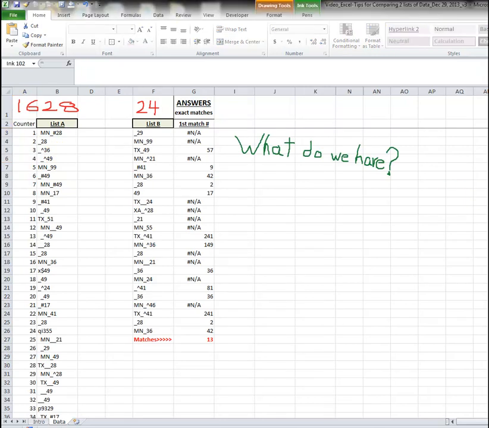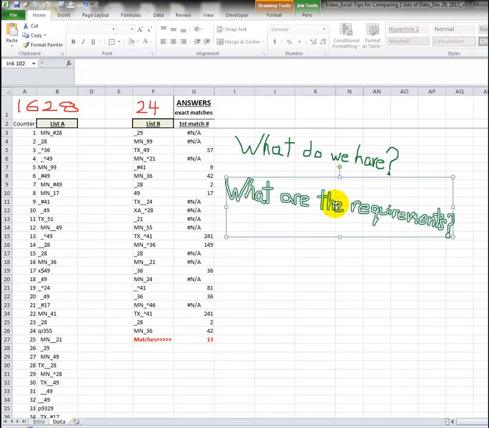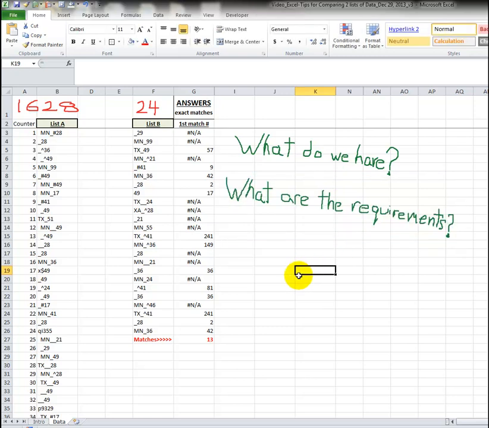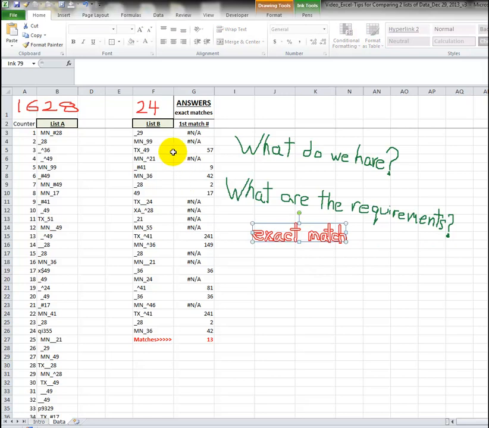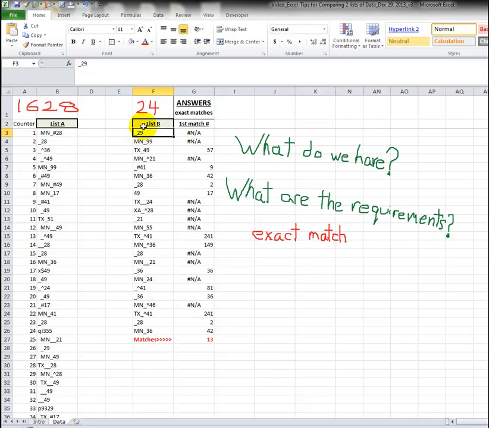Next, what are the exact requirements? So what are we really trying to do? Because there are many different formulas in Excel. Well, we are trying to do an exact match. So we want to look for exactly this value in cell F3, underscore 29, within list A. So we go down this list, we're trying to look for each individual item. We want to find an exact match, not just part of this is in there. It can't just be the underscore and a 2 or a 2 and a 9, but it has to be